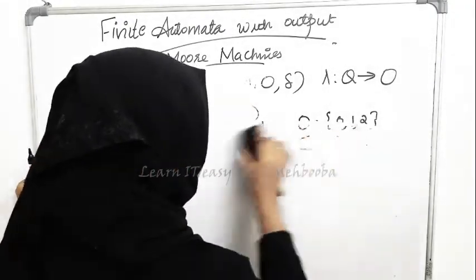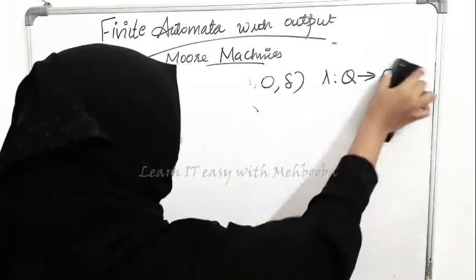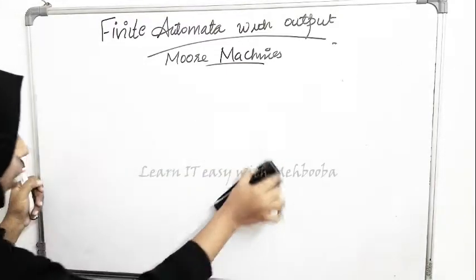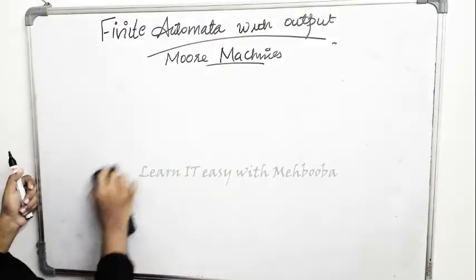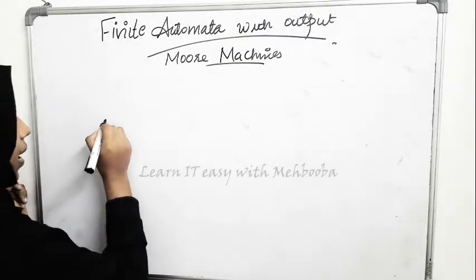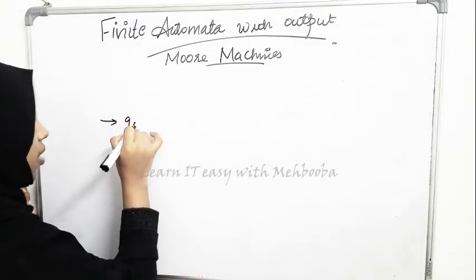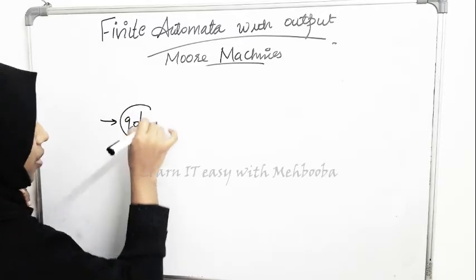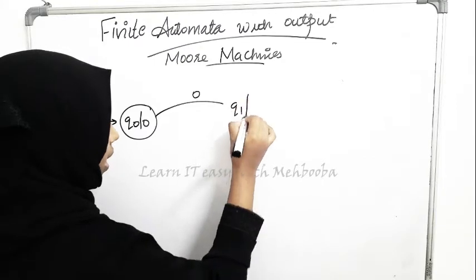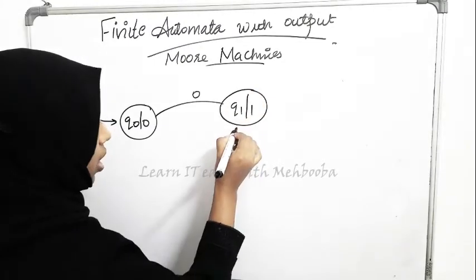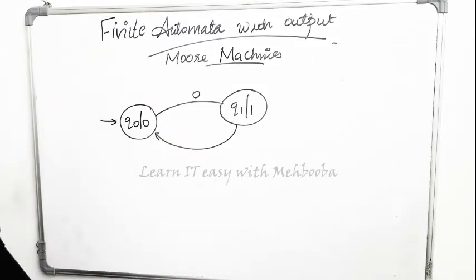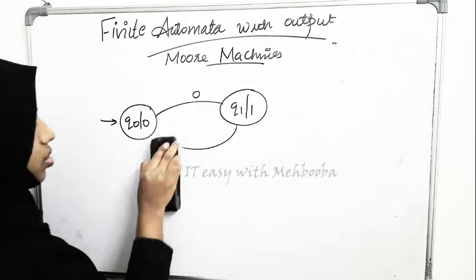So we will design a Moore machine for 1's complement next. That is, if the number is 0, its complement should be a 1. If the number is 1, its complement should be a 0, isn't it? So at the initial state, we will simply give 0 because we don't have any input. Now if it is 0, we will go to a state which gives the output 1. Now if it is 1, we will move on to a state here. We will define a new state because this is just the starting state.